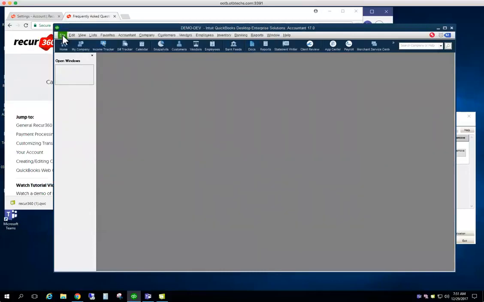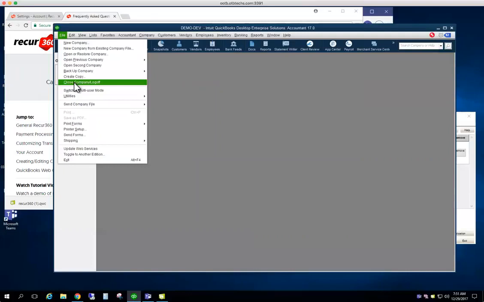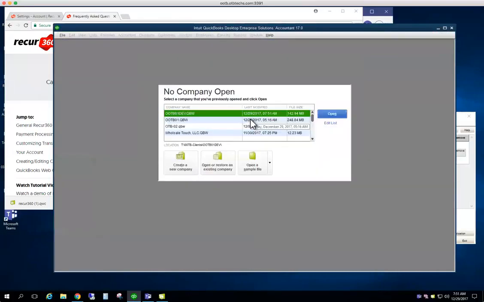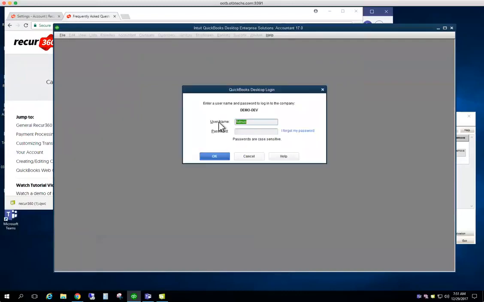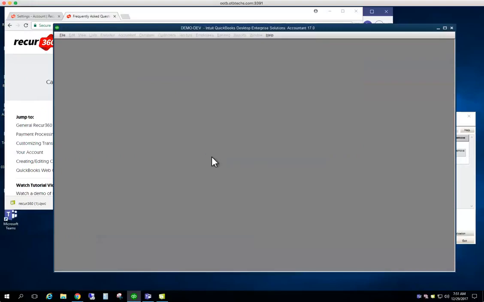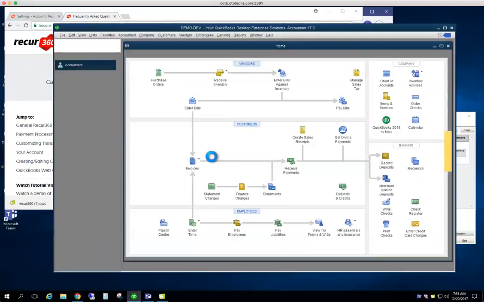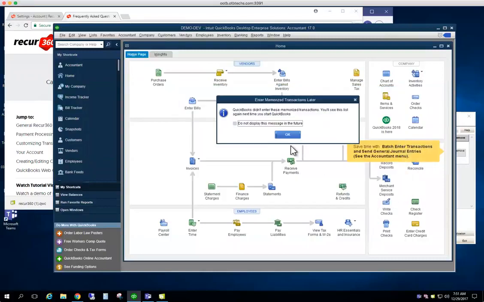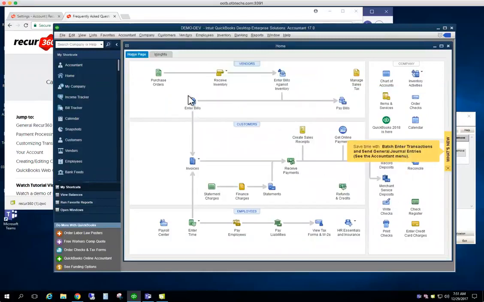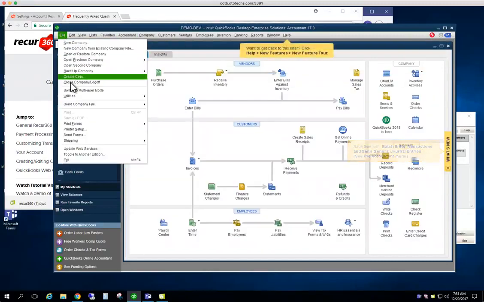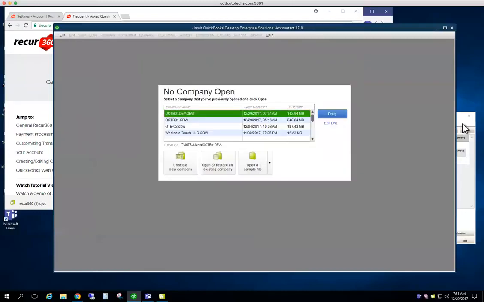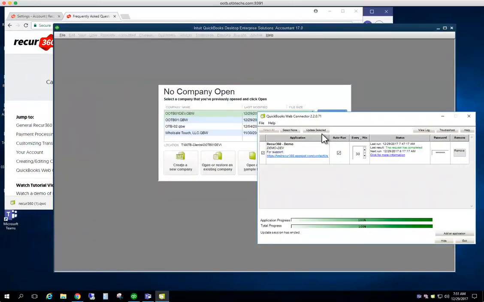Okay. Then you can go ahead and log off as your admin, and we'll log in as that new Recur360 user you just created, just to make sure there isn't any issues with the password. Sometimes when you create a new user in QuickBooks, it asks you to reset the password. In this case, it didn't, so we're good there. So now if I go ahead and log out of QuickBooks, the web connector will be able to connect in the background. So if you do an update selected,